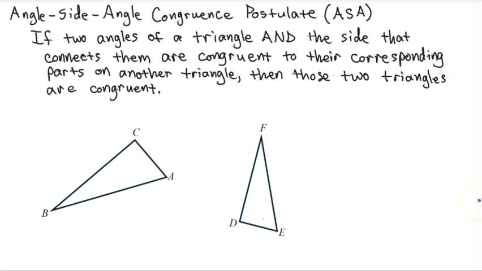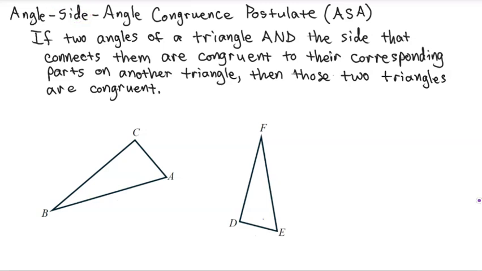Okay, this third congruence postulate is called the angle-side-angle postulate, sometimes abbreviated as ASA. Before, we had side-angle-side, and it had to be two sides with an angle in between. Well, now it's an angle and an angle, and the side has to be in between those